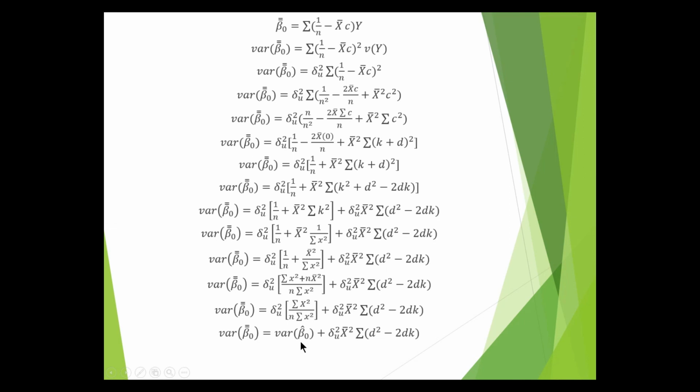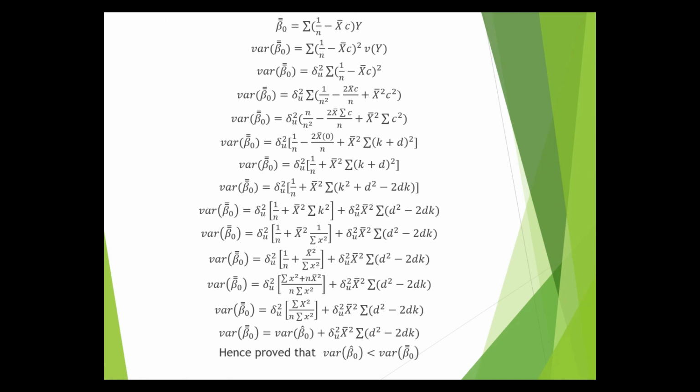So obviously, when the variance of B1 double bar is the summation of some factors, it is obvious that this variance of B1 double bar would be larger than each of these factors. So that's why it is proven that the variance of B1 cap is less than the variance of B1 double bar. So my dear fellows, we have done